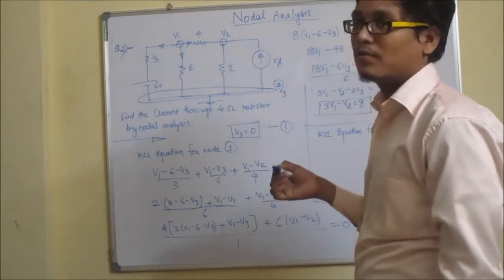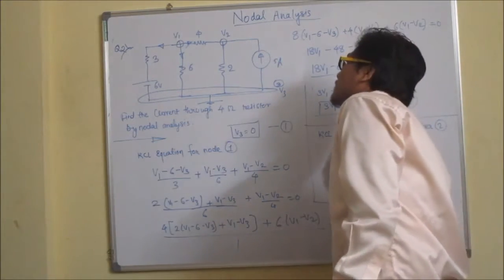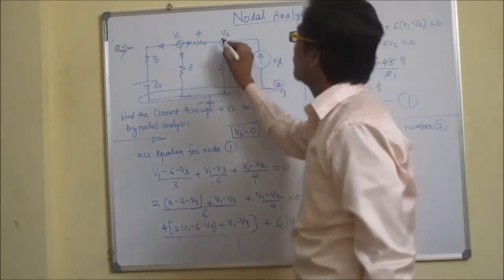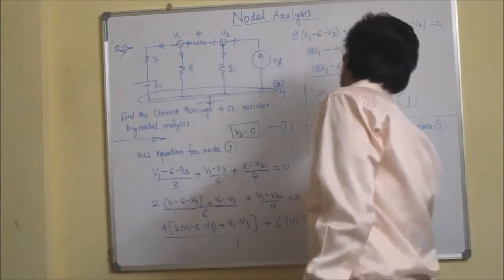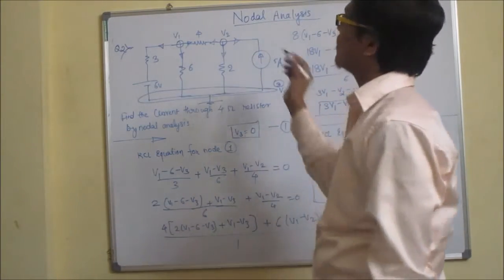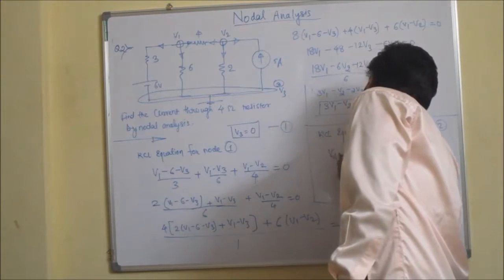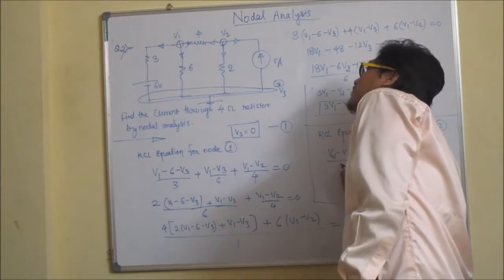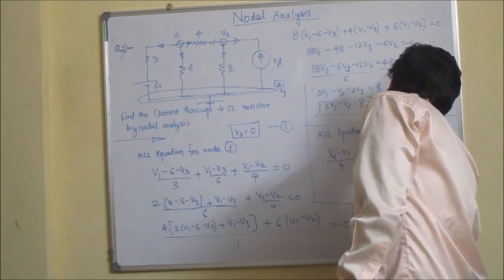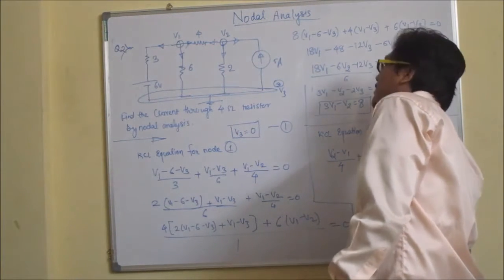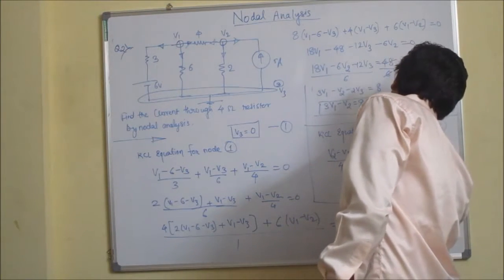Node number 2. Again, I will assume all the currents are going outside. So the addition of all the currents is equal to 0 at a node. So V2, and here V2 is the greatest, V1 by 4 plus V2 minus V3. V3 I am taking already as 0, by 2